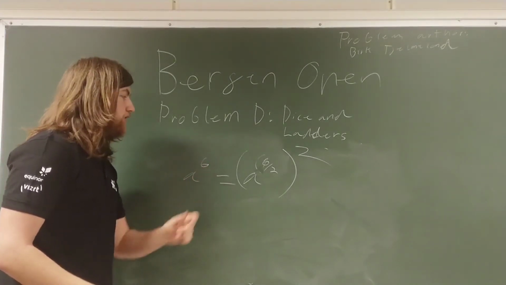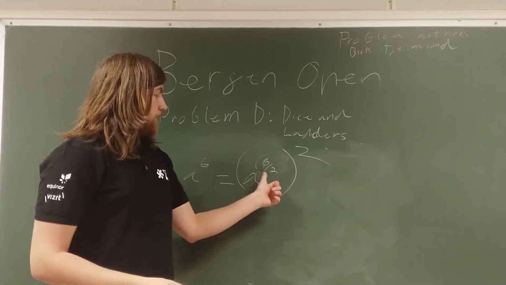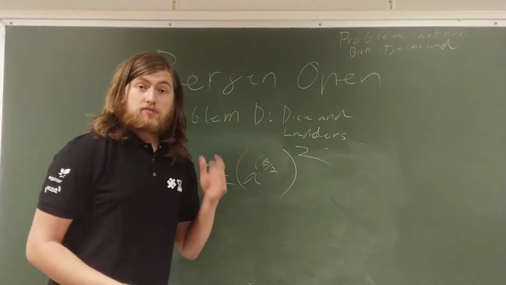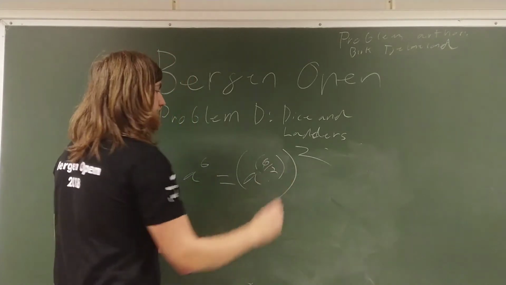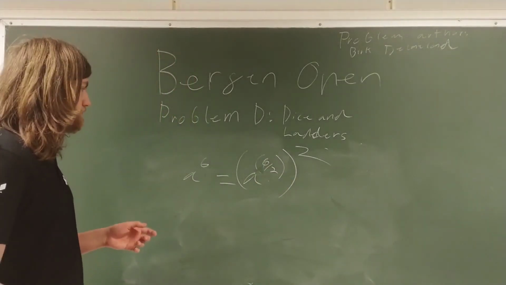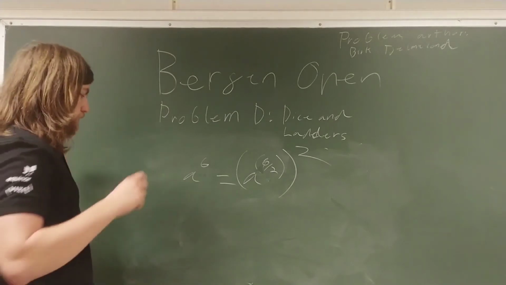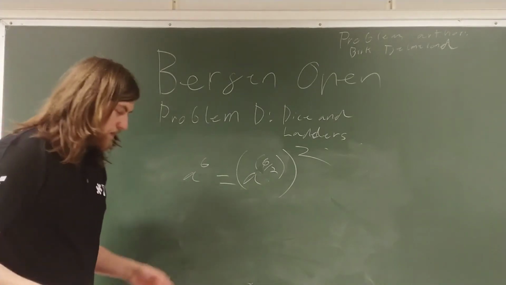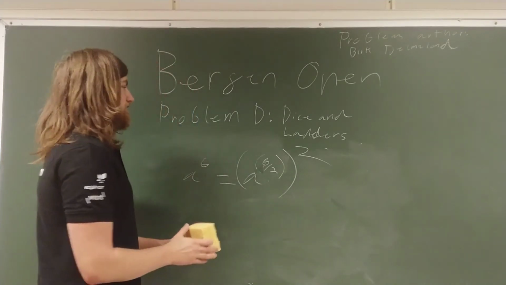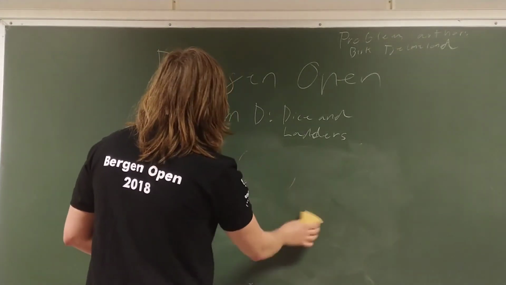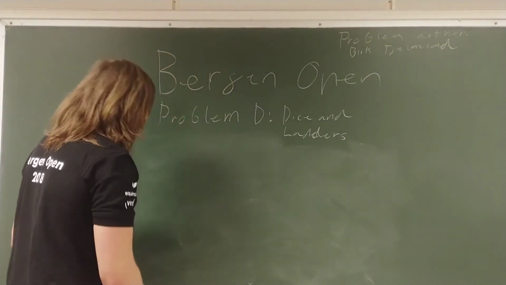Calculating a to the b directly is very slow, but calculating a to the b divided by 2 is much faster, and we only need to do this once, and then we multiply this by itself. Then we do this iteratively, and we get a very nice and fast matrix exponentiation, and our final solution